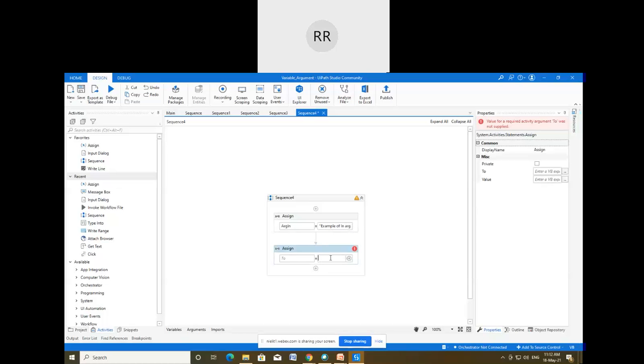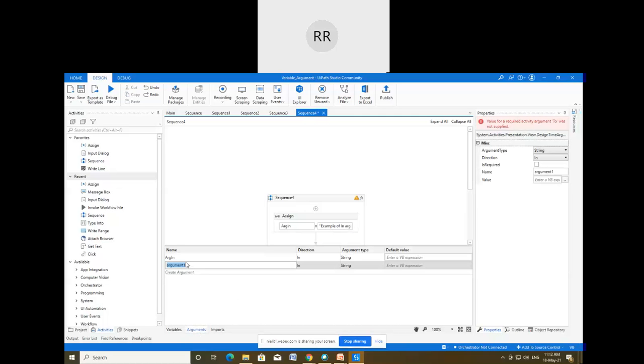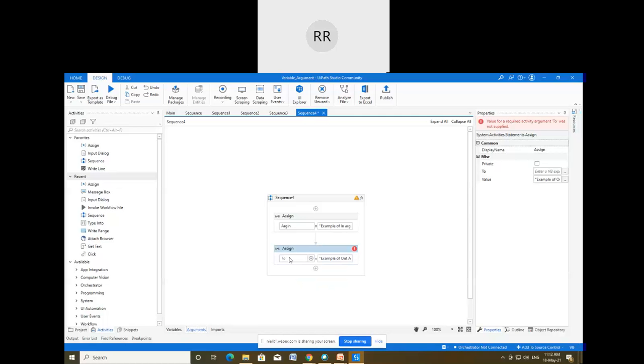Similarly, I will write the example of out argument. Then again I will open this and create an argument arg out, following the naming convention, and for direction I'm going to give out. You can see type is string, that is fine. Close this panel and again write here the name of the created argument, arg out. So that is done.